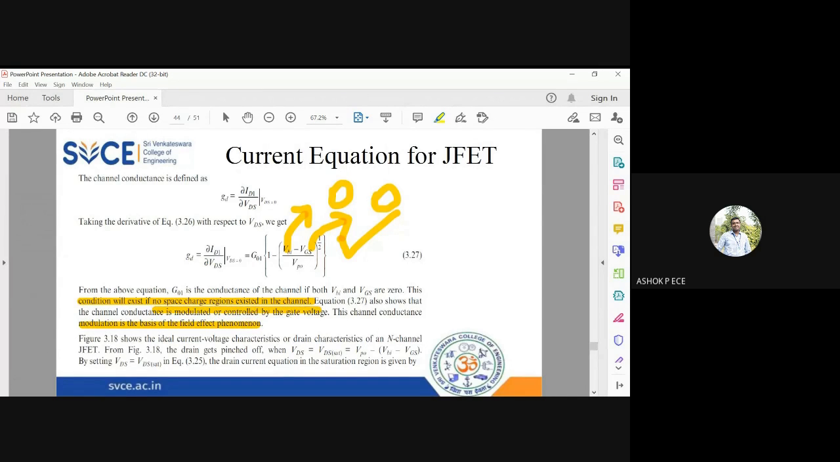So in general, the ideal current characteristics of an N-channel JFET are shown, where you can see that when the drain gets pinched off, you can say VDS equal to VDS sat. At pinch off, the device is said to be in saturation. In saturation, constant current will be flowing through your device. When you keep on increasing the voltage beyond VDS sat, what happens? The device slowly enters into